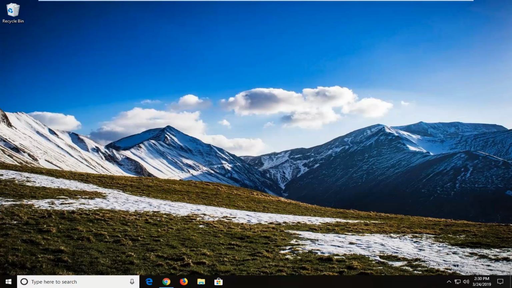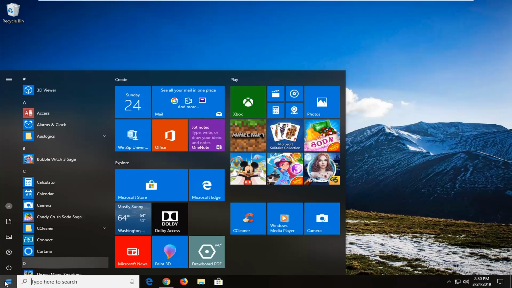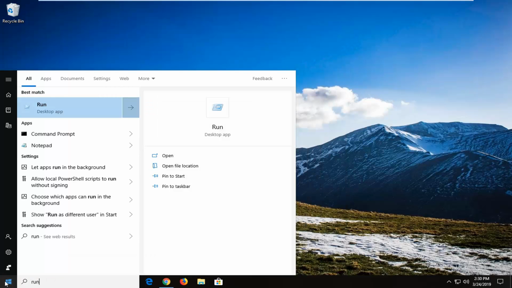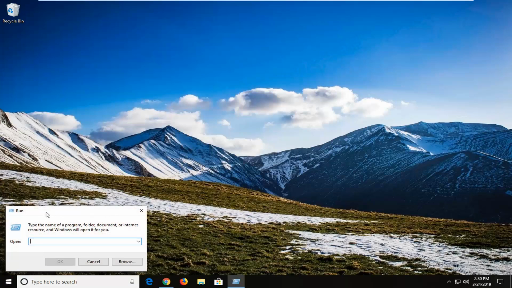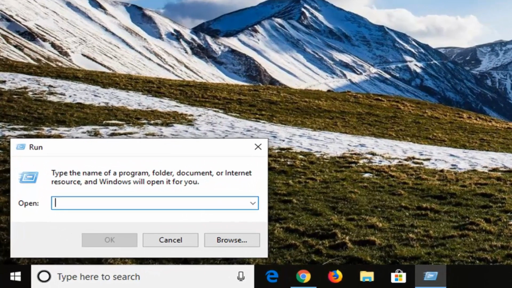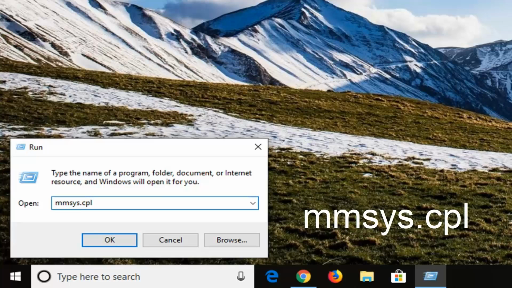So we're going to jump right into it and start by opening up the start menu. Just click on the start button one time. Type in run, so R-U-N. Best match should come back as Run, go ahead and left click on that one time. And into this open field, you want to type in mmsys.cpl, exactly as it appears on my screen. So again, mmsys, and then a dot or a period, cpl, and then either hit enter on your keyboard or